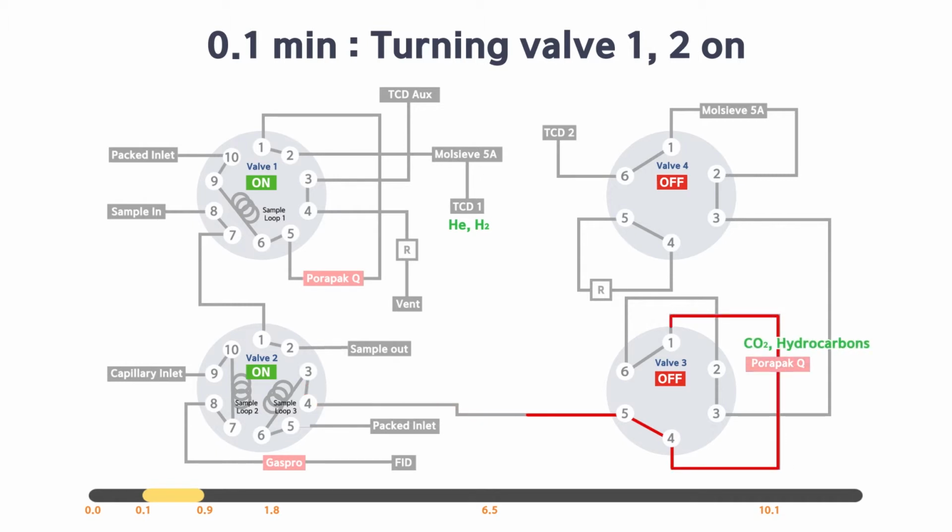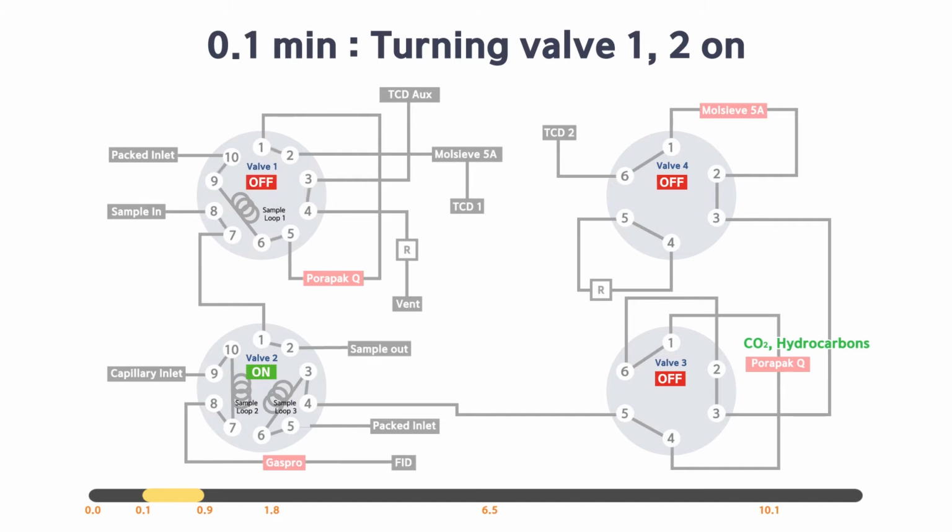Hydrocarbons and carbon dioxide, with longer retention times than the others, are retained in the Poropak Q column, while the permanent gases such as helium, hydrogen, oxygen, nitrogen, methane, and carbon monoxide are co-eluted in advance. And then, the permanent gases, except for carbon dioxide, move to the MolSiv 5A column in valve 4. Among them, helium and hydrogen are detected earlier in TCD2, and the rest of the others are retained in the MolSiv